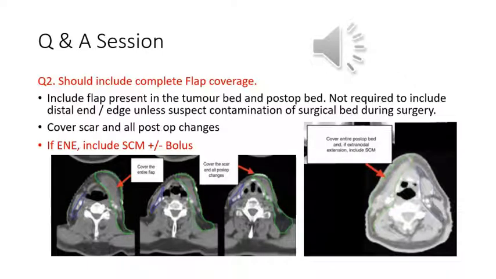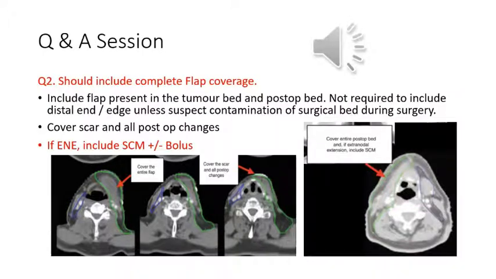Yeah, so I did mention in my talk that it's actually the postoperative bed which is your target volume, which includes where the tumor was sitting earlier and wherever there are chances of spillage. So we are not chasing the last extension of the flap most of the times, but with reasonable assurance that that is not where the cells would have gone. Having said that, majority of your flap does come into the field, and it is actually an innocent bystander. That is how one would view it.